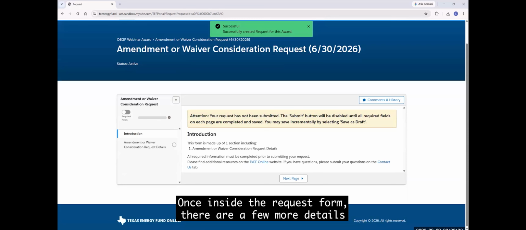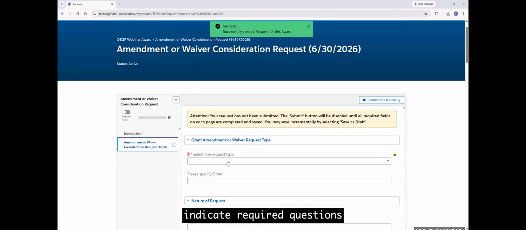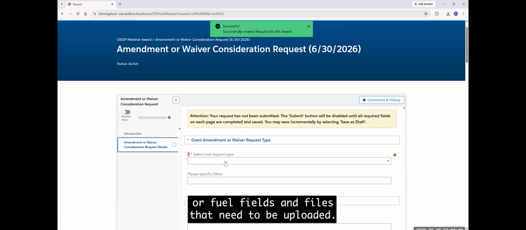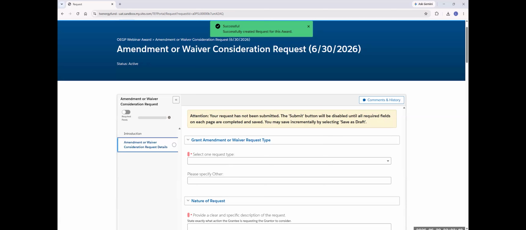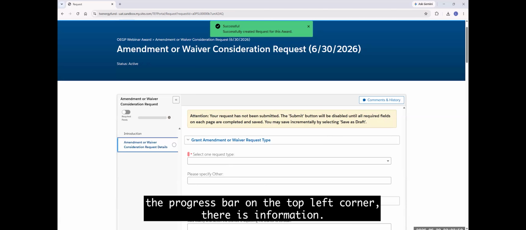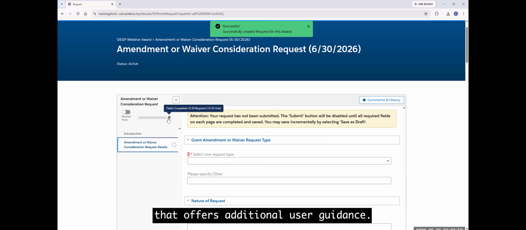Once inside the request form, there are a few more details that are important to note. First, there are red asterisks that indicate required questions or fields and files that need to be uploaded. The form cannot be submitted if these fields are blank. Next to the progress bar in the top left corner, there's an information icon that offers additional user guidance.